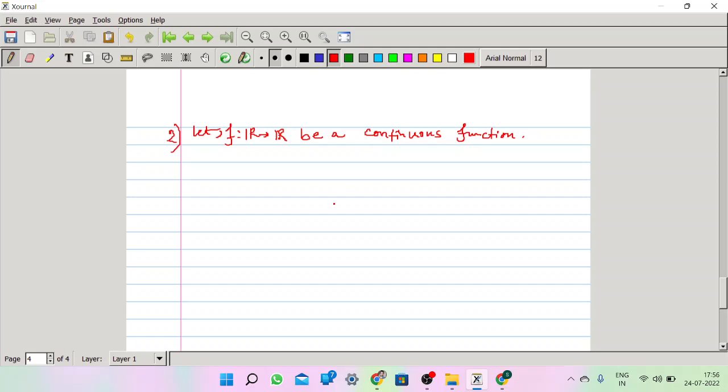Phi is a function of x only. Phi is defined on the interval 1 comma 3,